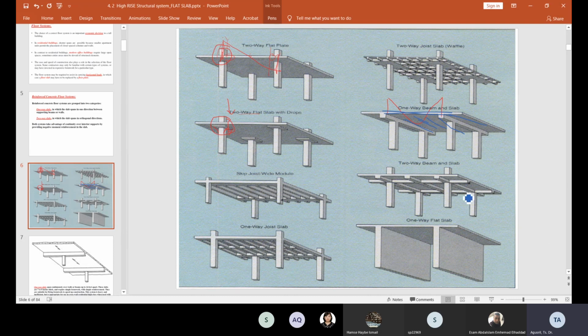Okay, and then after that for the two-way slab here, it depends on the Ly over Lx. And then this is the one-way flat slab. Even for the one-way flat slab, we also need to provide the reinforcement bar along this direction only to support this bending moment. So for the long direction, you need to provide the minimum rebar to cater for the shrinkage and creep. Okay, any question?